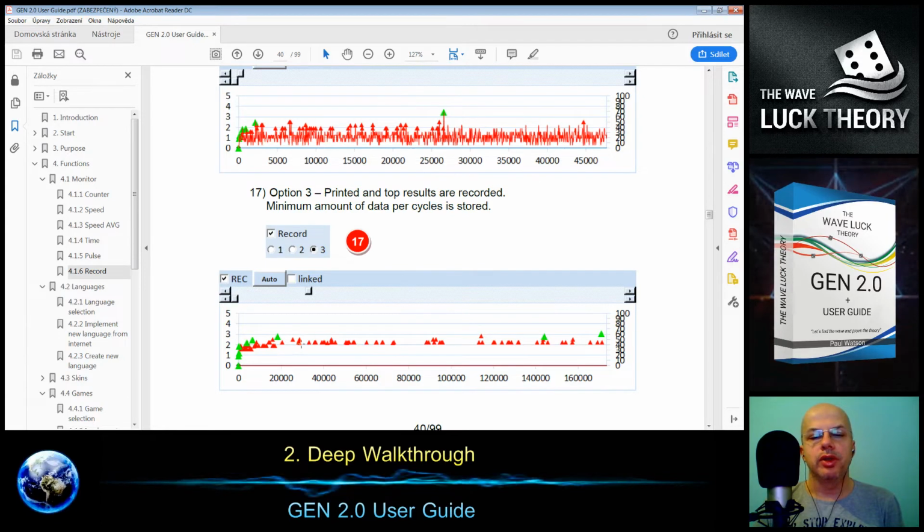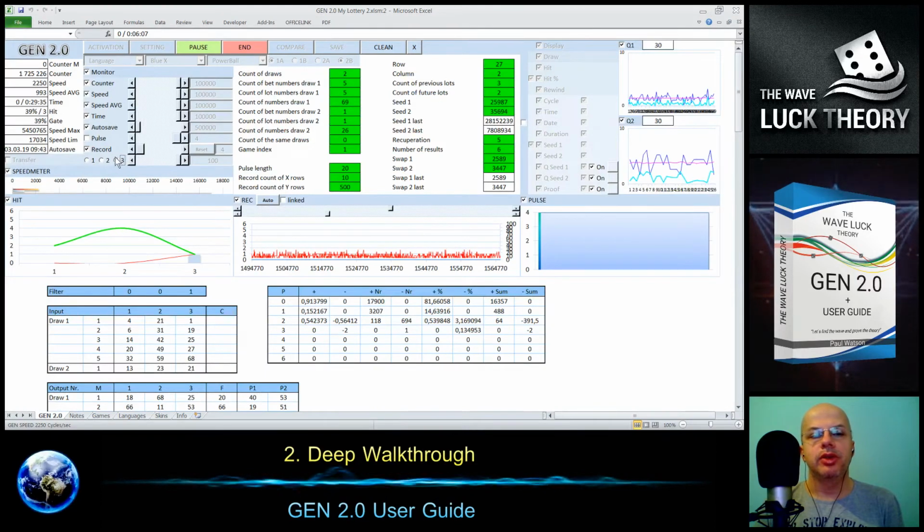Like I see here, we have some sequences, then some empty spaces. We have some best results from the beginning, then after this period we have the first and second best result. So all this is useful, and in our case I think the third option is something we can use.